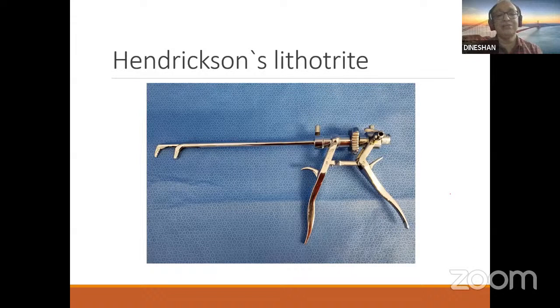And sometimes these two jaws, unless you tighten these two screws very tight before introducing, may get dislodged, and sometimes it may become very difficult to remove it. This is something you must just know, what exactly it is.